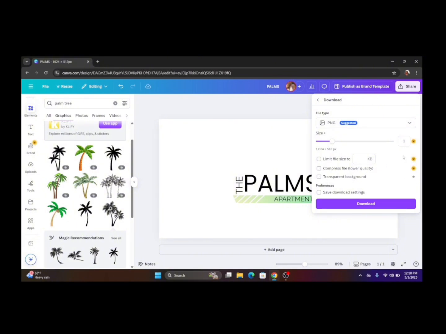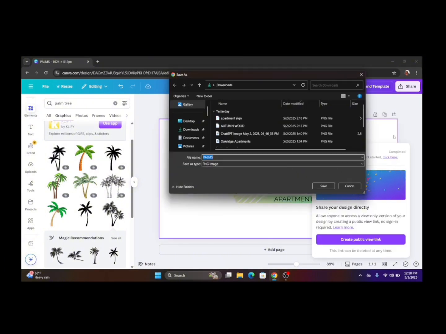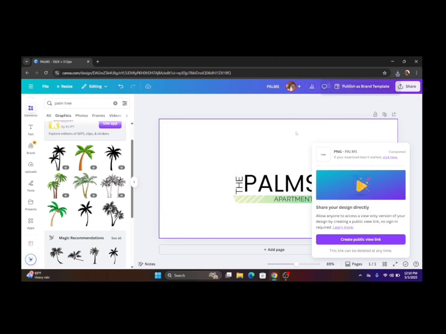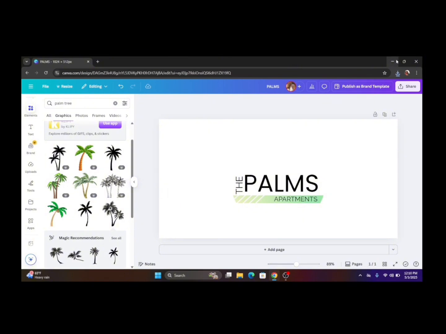But I'm not going to do transparent background just because I'm going to show you how to get rid of the background in Gimp in case you're not a member. So I'm going to click download. Okay. And I'm going to save it to my downloads and click save. All right. So now that we have that,